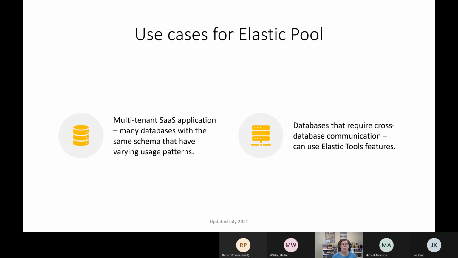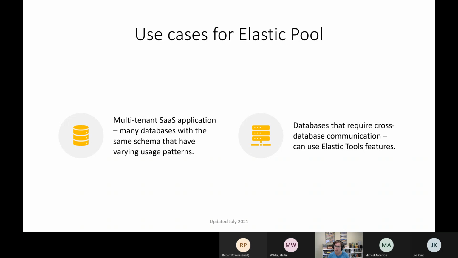The original pattern that it was designed for was SaaS providers, software as a service. You had, for example, a finance package, and you did not want every customer to be sharing the same transactions table, right? So on-prem, you would shard that out. You'd have all of these single tenant databases. That's what elastic pools were primarily designed for, and they work great for it, especially because when you have hundreds